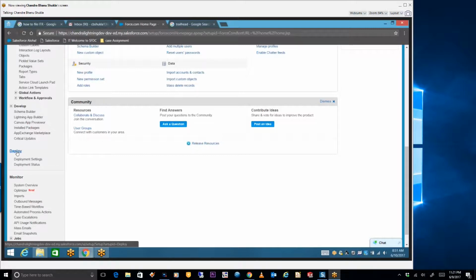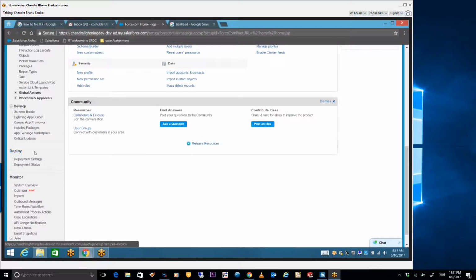So we go one step at a time. As a developer, they will give you the dev sandbox. In dev, you will develop and do your unit testing, then you will move that code to the QA sandbox, where your quality analysis team will test it. Then they will put it into stage, where everything is thoroughly tested, including regression testing. We will talk about that part later, but then you will move it to production.